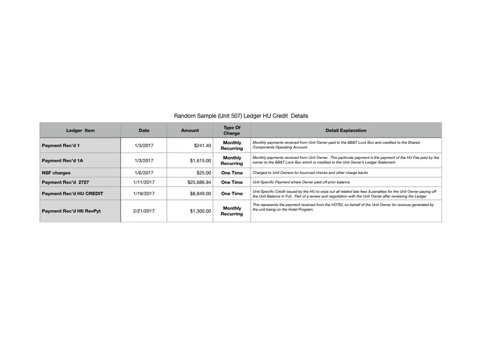On January 11th, the owner came in and made a payment of $25,686.94. It was a one-time payment, and it basically paid off his balance. And down below, you're going to see payment received from the hotel. But before we do that, I skipped one here because the next item is really the payment received, and it shows HU credit. And that is on the 18th of January on this particular example,